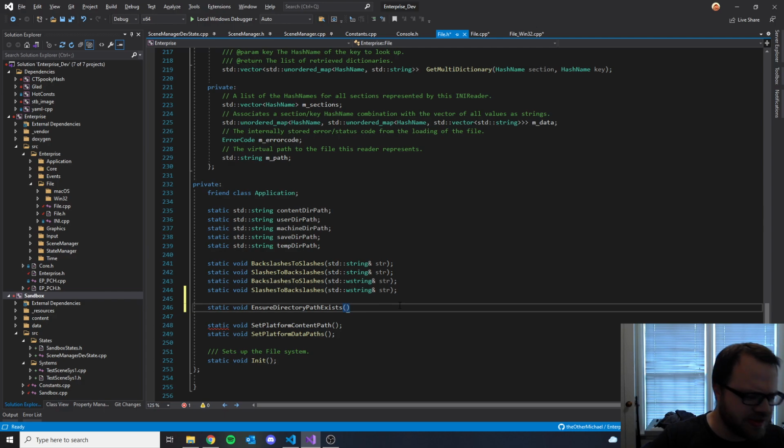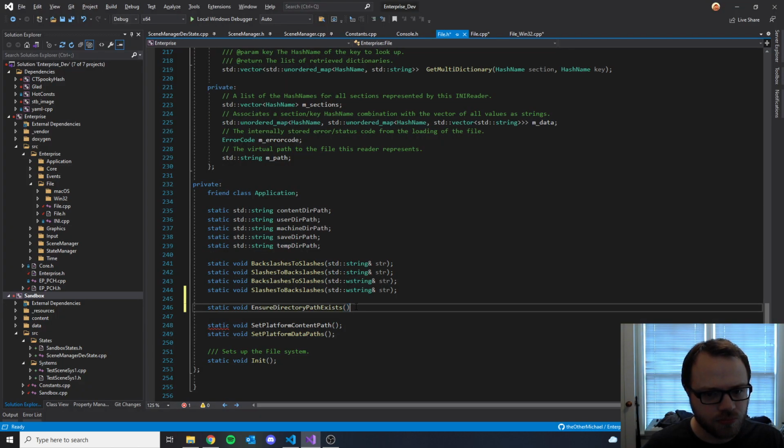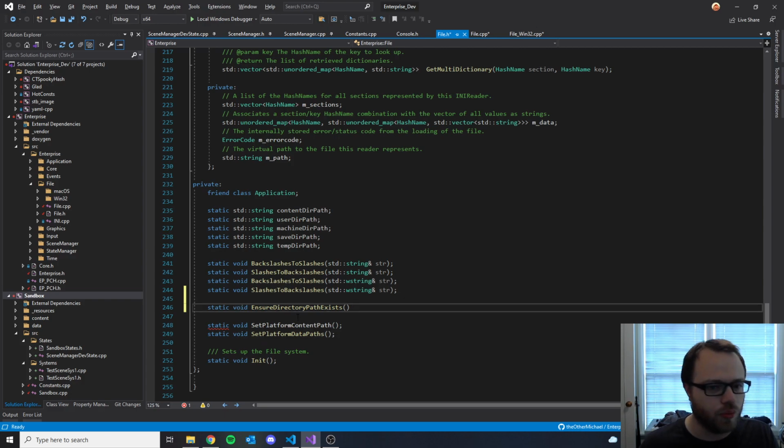I suppose there would be some error condition where it finds that it doesn't exist and it also can't create it. But if that's the case, then you've kind of got a problem anyway, because you need these basic folders to be set up. So what I think I'll do is, instead of returning a bool to tell the developer whether the path exists, I will put an assertion in there,